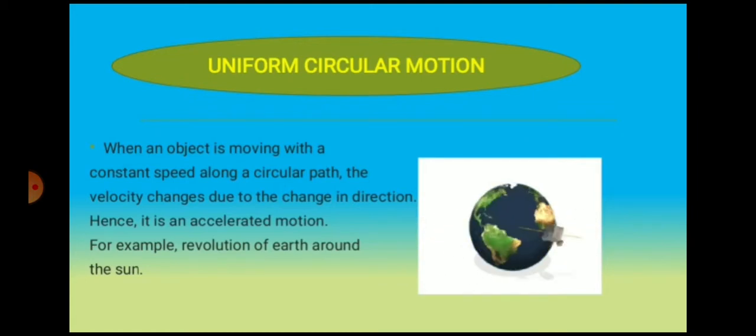We can take a piece of thread and tie a small piece of stone at one of its ends. Rotate the stone to describe a circular path with constant speed by holding the thread at the other end. Now release the thread and let the stone go. Can you tell the direction in which the stone moves after it is released? Yes. If we carefully observe, on being released, the stone moves along a straight line tangential to the circular path.